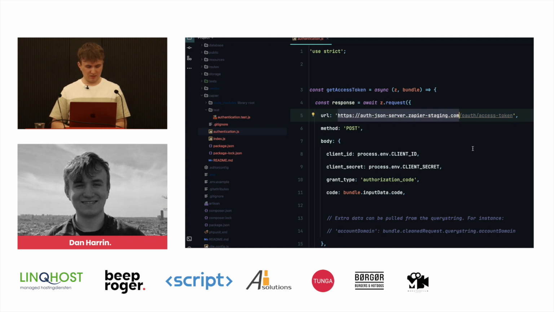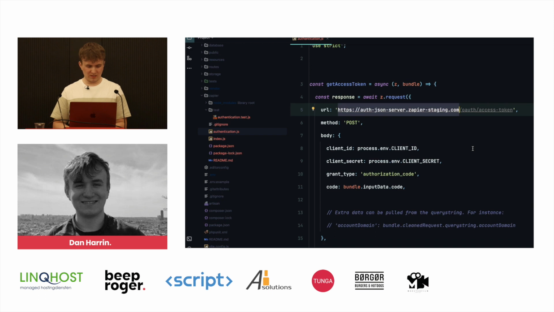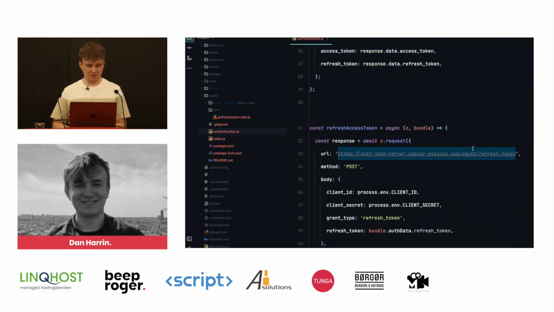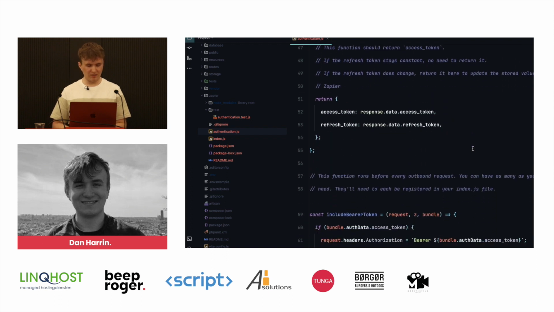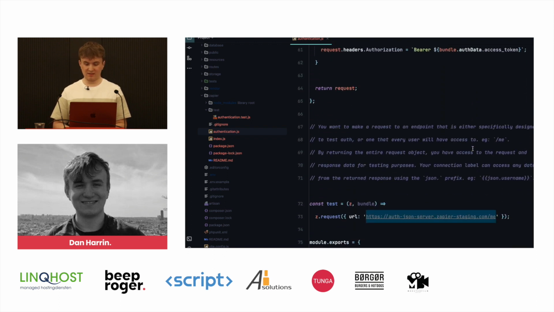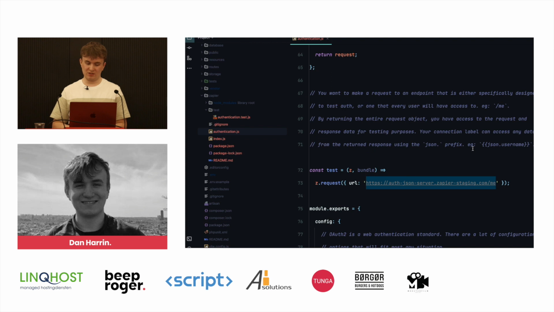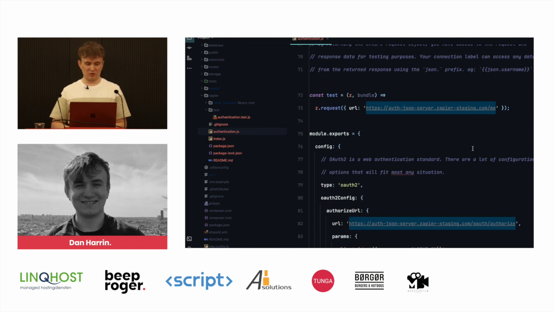As you can see, we've got quite a few functions here. I'm going to close this. One of them is to get an access token from Passport. Another one is to refresh that access token. Here we have one to test the integration. So this endpoint is actually going to return information about the current user that we can then test with, and then some more information about the authentication here that we can change.